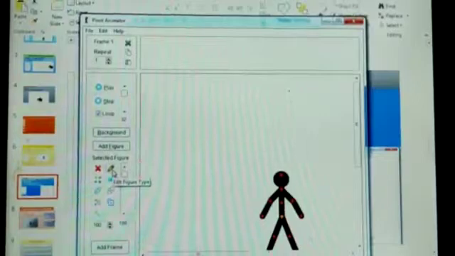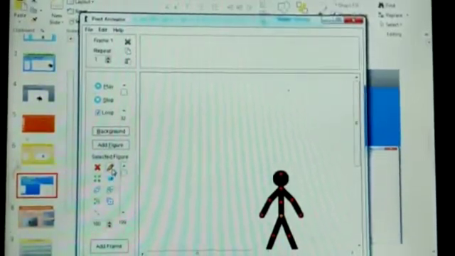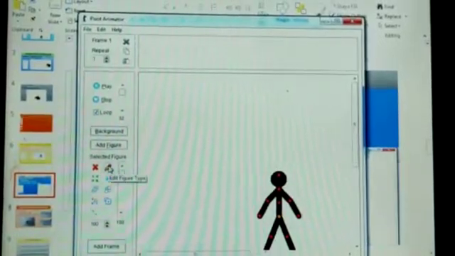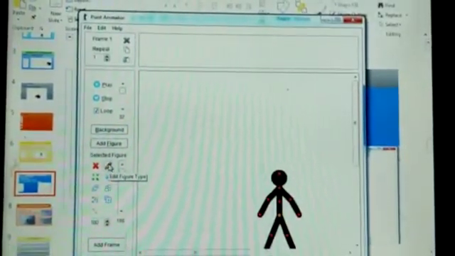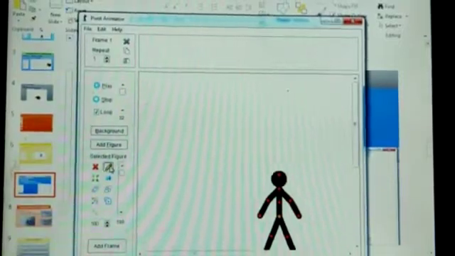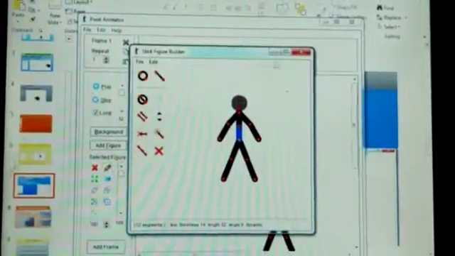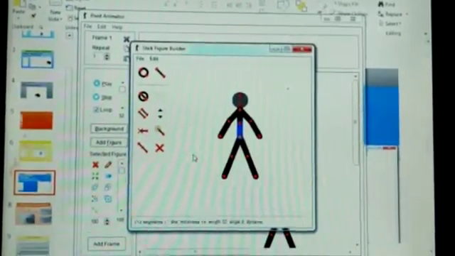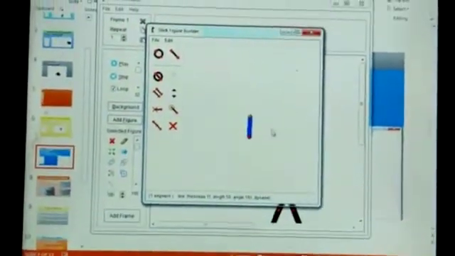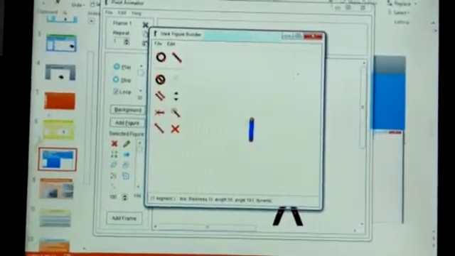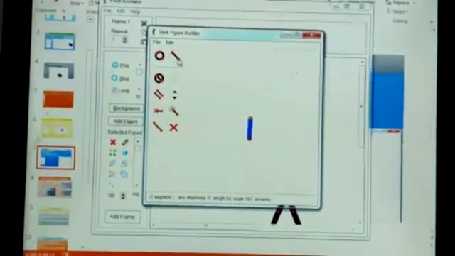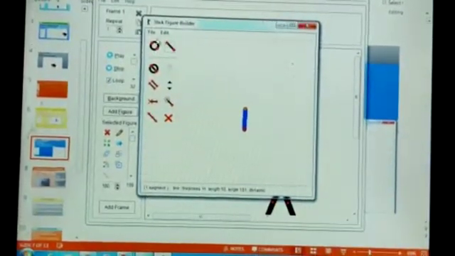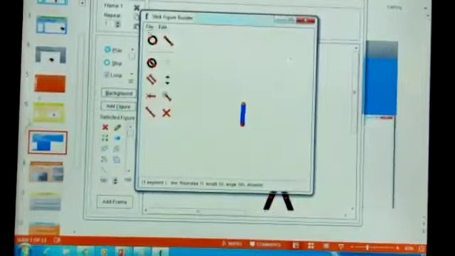Now to go to the stick figure builder window, click on stick figure. Now here in the Pivot stick figure, you can see, children, the figure window, edit figure window. Go to edit figure window. Then you can see the stick figure window will be displayed. Create your own figure. Now I am going to draw a hut here by using the stick figure builder window. Now you can see different kinds of options are here.